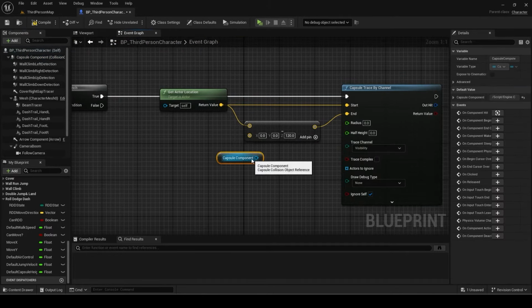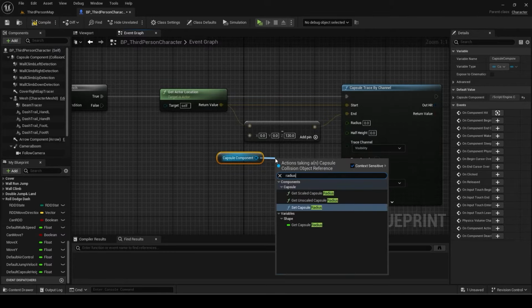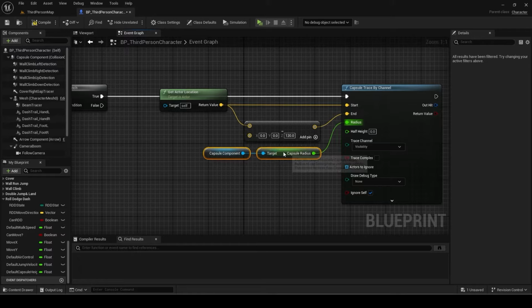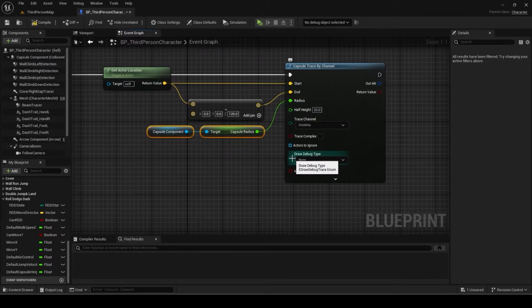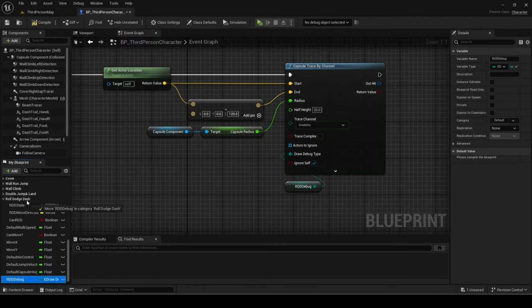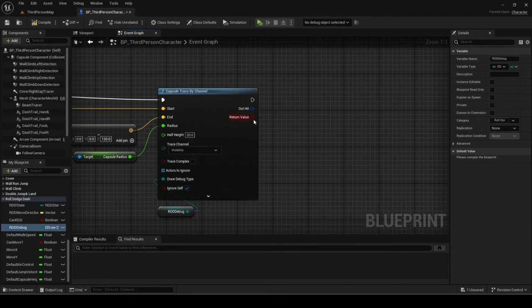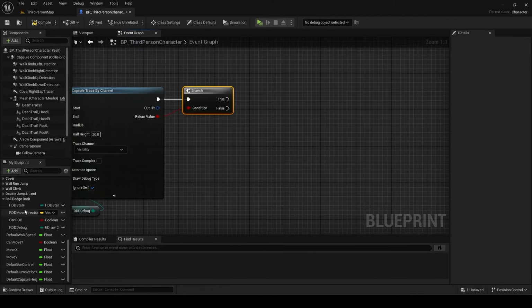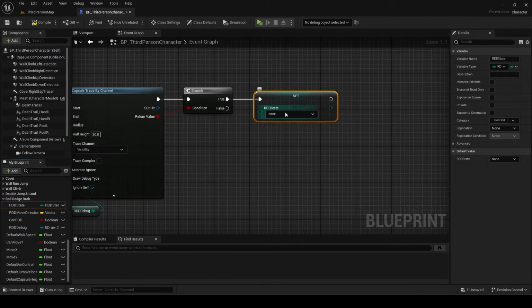For the radius, get the capsule component's radius. The half height I will set as 20. I will promote the draw debug type to a variable so I can change it later when testing if needed. Add a branch using the return value. If true, set RDD